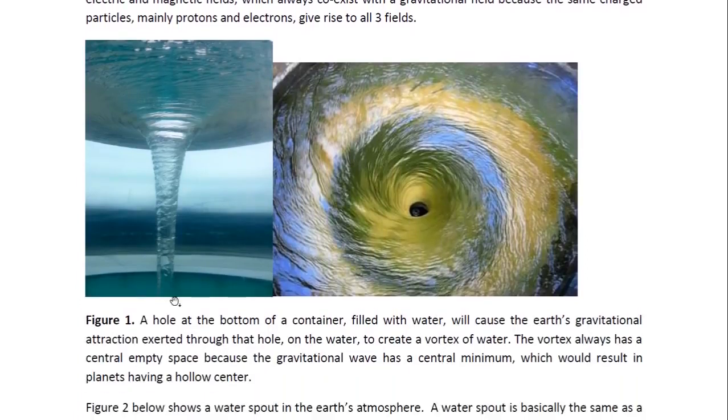So here are these gravitational vortices, or water vortices, and these are created by a hole at the bottom of a container, so that the water starts moving towards the hole. It's attracted towards the hole, so the hole is acting like a source of gravitational field. But the vortex always has a hole in the middle, a hollow space in the middle, and that is due to the fact that the gravitational field has a gravitational wave associated with it that has a central